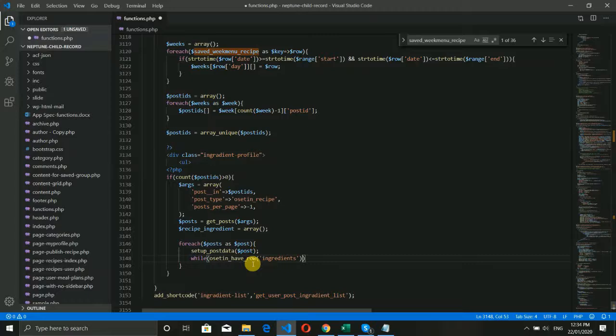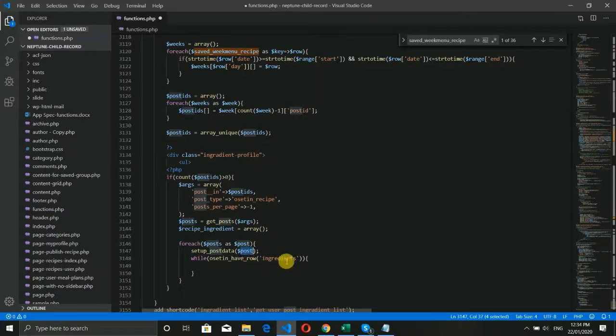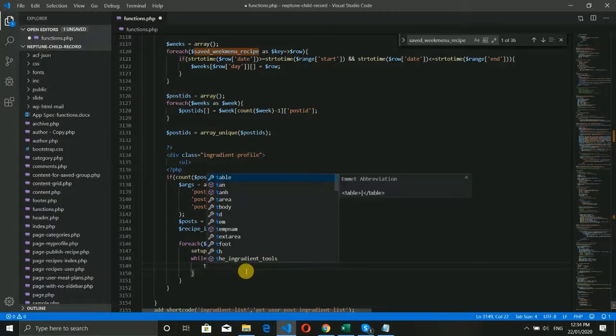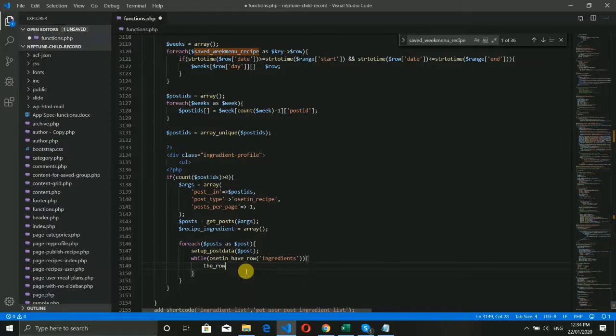Now this is the ingredients section. Since it's a post variable, it's checking whether this post has the ingredients saved or not. Now if the ingredients have been saved, fetch it, and then the row, right? If it is there,